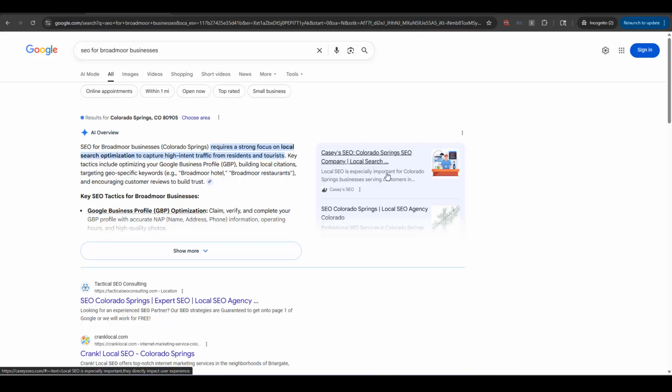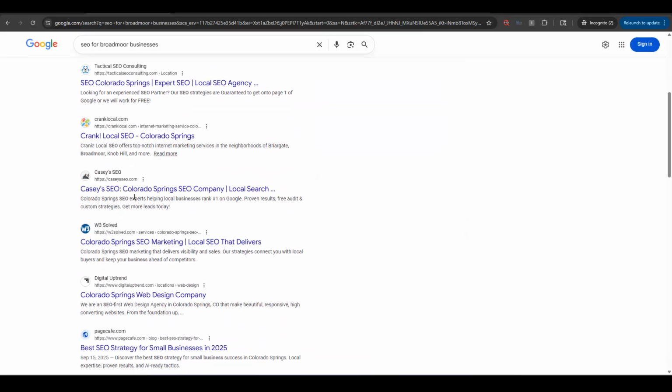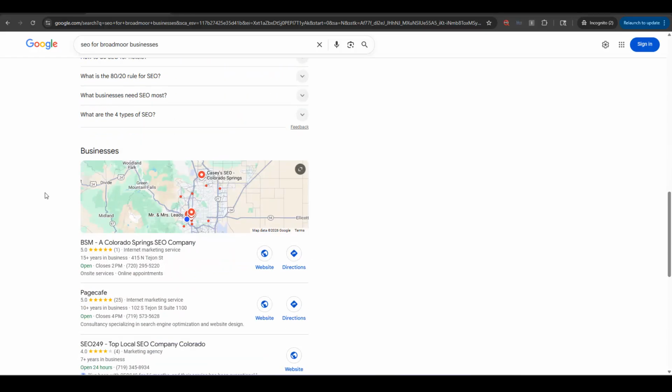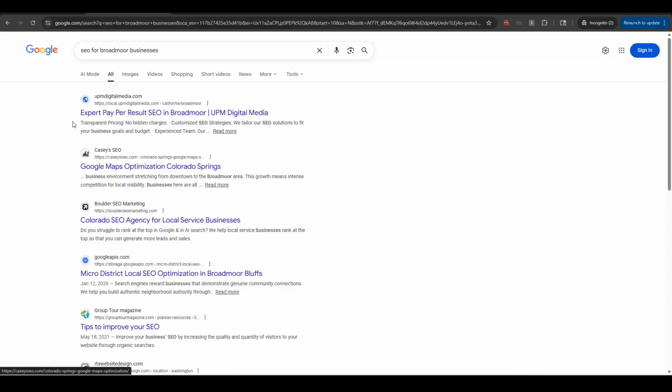We have my homepage right here on the first page of the AI overview. And then if I scroll down right here, we still have the home page. And then if I scroll down some more, we have a local service page. And then we come here, I have another page. On some of these pages, I believe I only have that Broadmore area on there maybe once, just showing that I do or will work with businesses in that area. I use different areas in my content just to create local relevance,